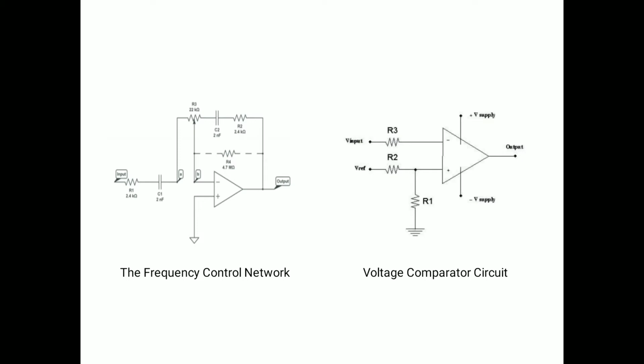So there are two intervals. One is the charging of the capacitor and the other is the discharging of the capacitor. In the first interval, both capacitors charge as a capacitor blocks DC current. In the first interval, there is no output present at the output of the op-amp. In the second interval, the capacitor becomes a voltage source and discharges through the resistors and gives output at the op-amp output terminal.